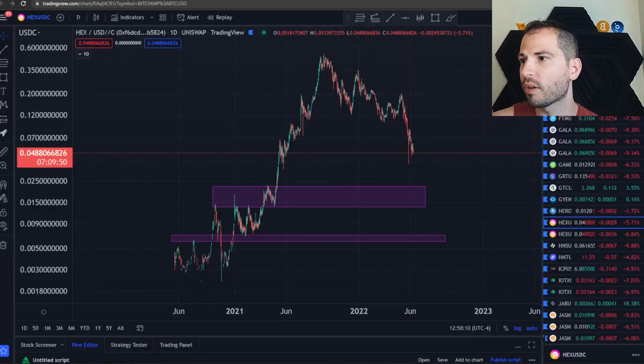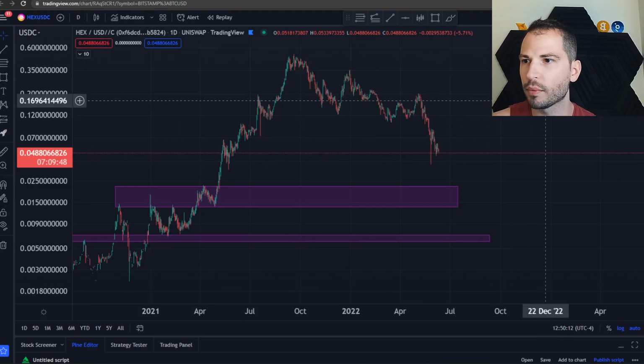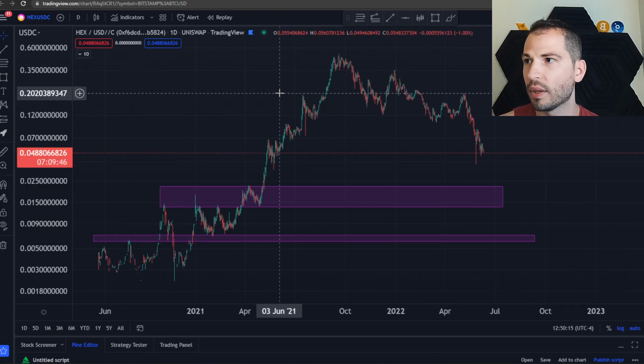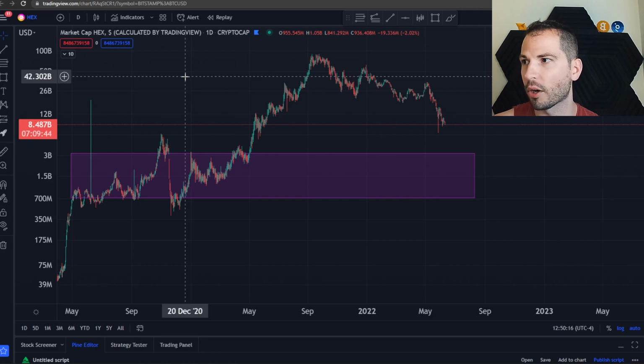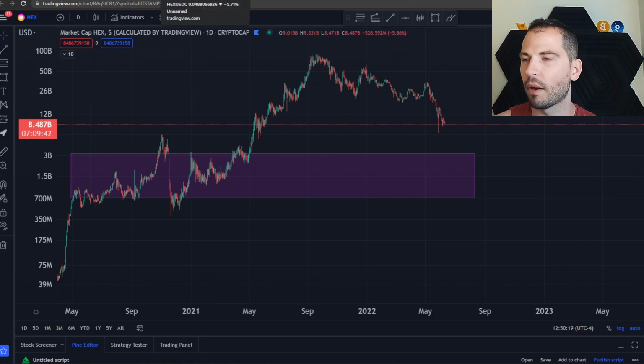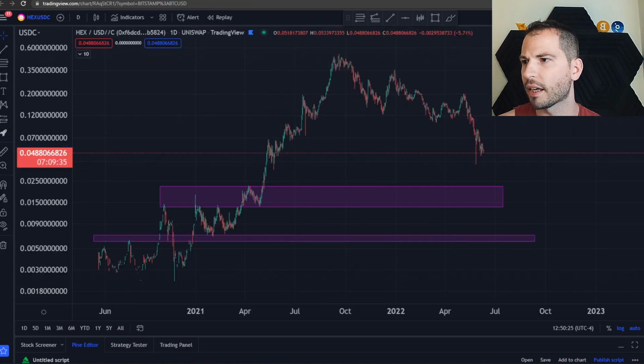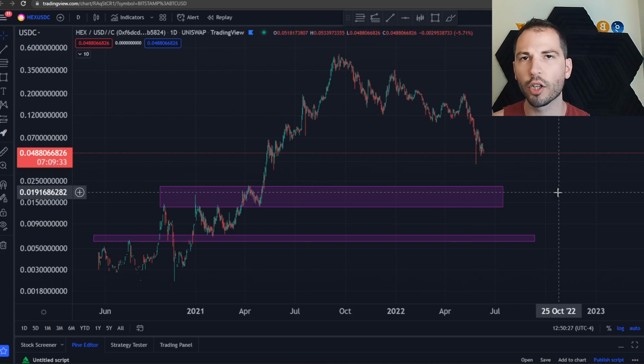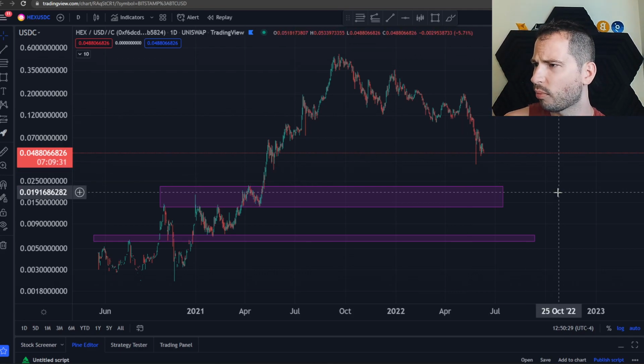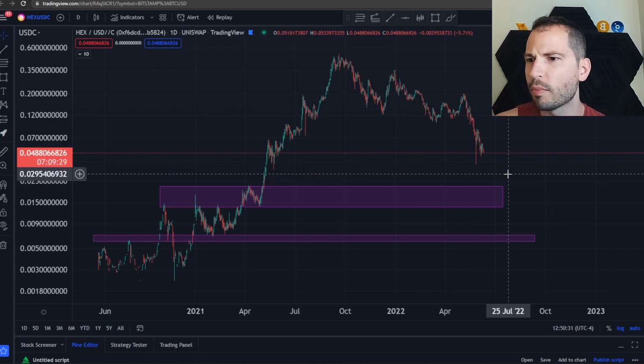But regarding the actual price action, looking at the chart of HEX. As we can see here, guys, this right here is the HEX USDC, and I also put up the HEX market cap. To me, they're actually working out about the same. I ran the numbers of where I think it's going to go, and they're very similar. Please correct me down below if you guys think I made a mistake. But anyways, looking at the current price action, it was at around 4.8 cents. Not doing too bad, guys.